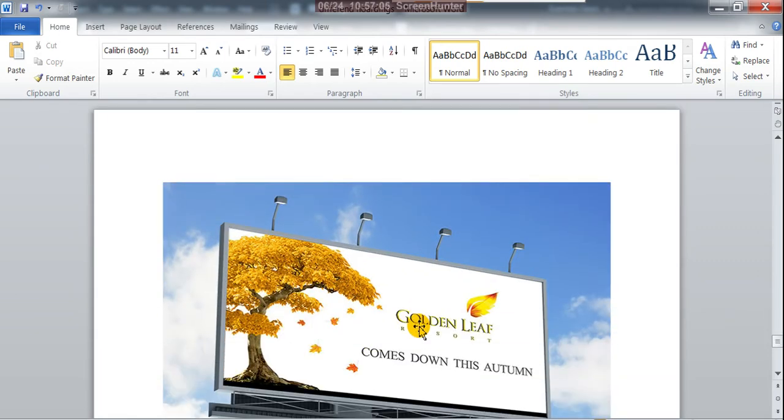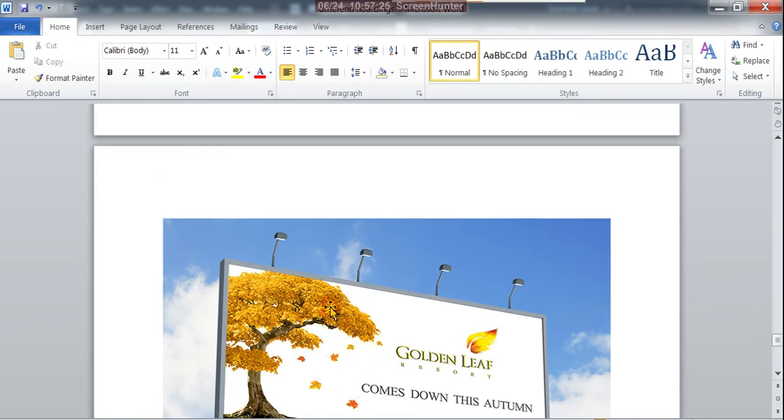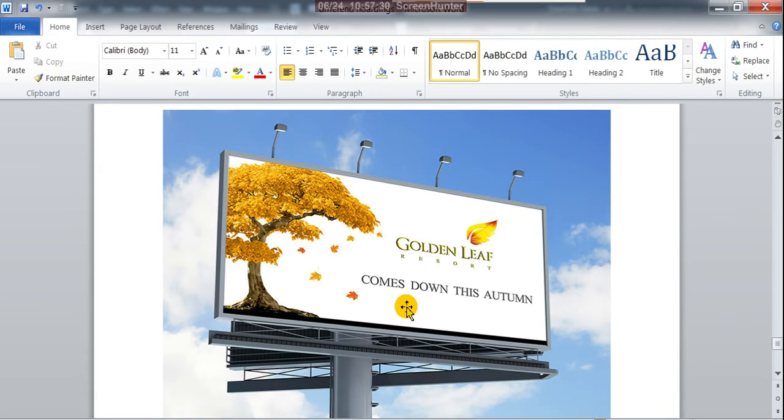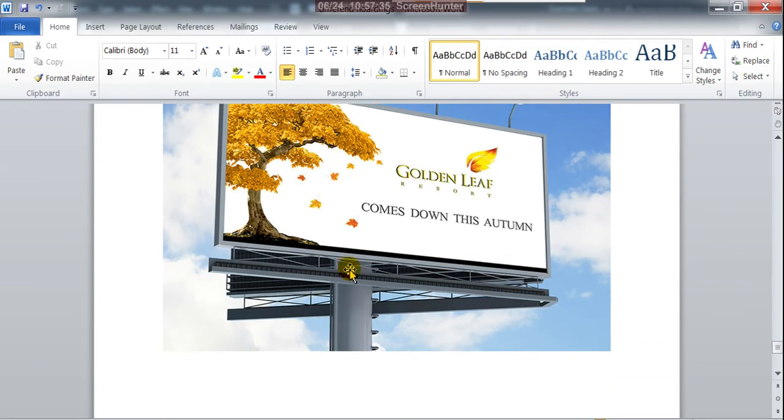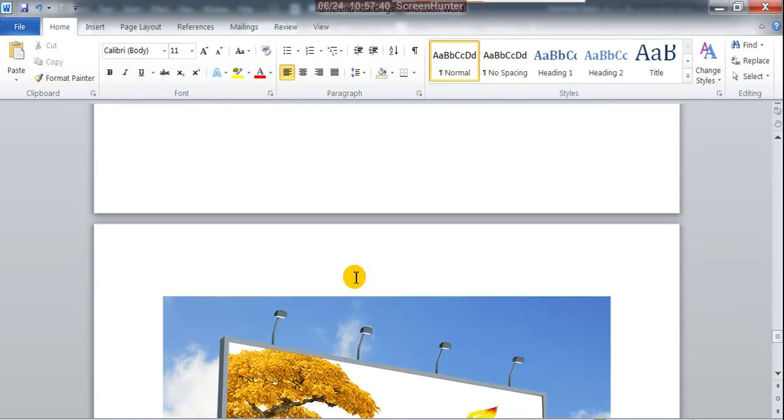See this, this is very nice, the golden leaf. This comes down in autumn, so they're welcoming it. They're introducing this. See the special kind of lighting they set up, they established. This is also a very huge, nice white background, displaying bright colors. So these are the different kinds of hoardings.